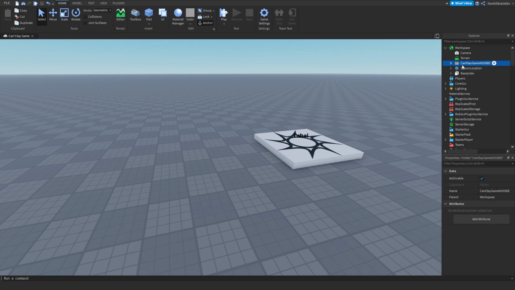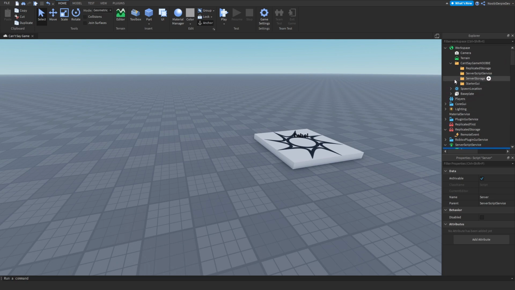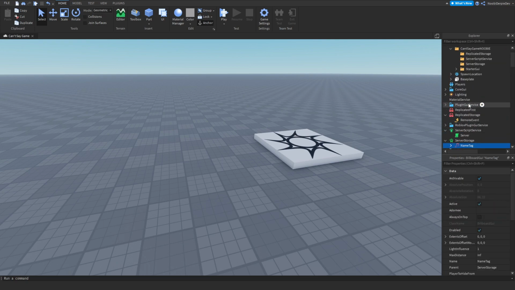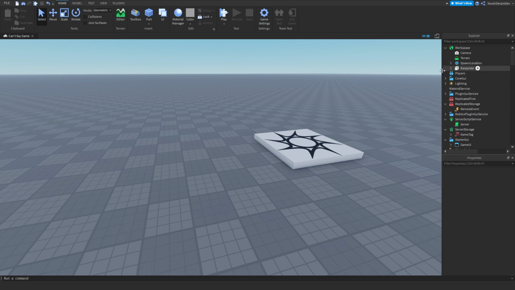First of all, you'll see this little folder, Can't Say Game Newbie, and you'll see four things. You want to open ReplicatedStorage and drag the ReplicatedStorage contents into ReplicatedStorage. You will see ServerScriptService, and just drag it into ServerScriptService. Then you'll see ServerStorage, same story, drag it in, and the StarterGui, drag it in. Now delete the folders, you don't need them anymore. Let's not waste any more time and go immediately to coding.